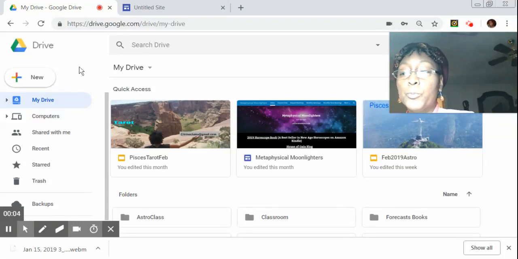Hello. Now, we are going to go over how to create your personal website or your business website using Google. Right now, this screen that you're looking at is in the Drive. So, you have to access your Drive area of your Google or your Gmail account. Once you access your Drive area, you are going to click on New,